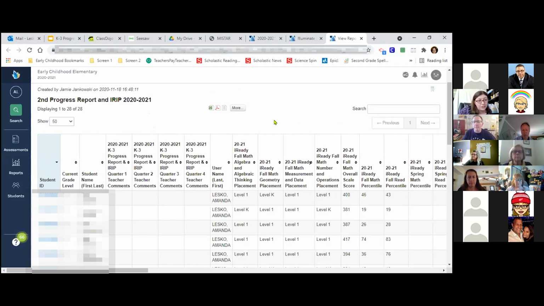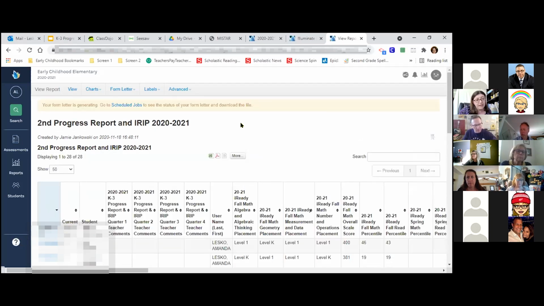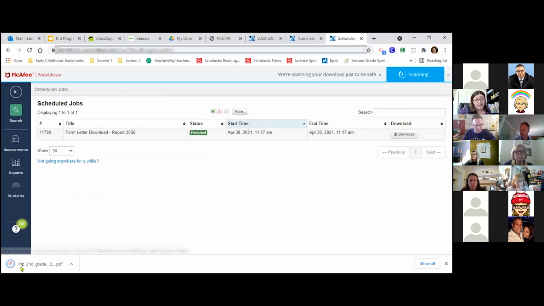But what I need you to do is scroll up a little bit. And at the top there it says form letter. Click that, click download. And now that yellow bar popped up and it says scheduled jobs. If you click the blue link, scheduled jobs, now it's already finished, so you can click the download. And then if you click on that PDF,